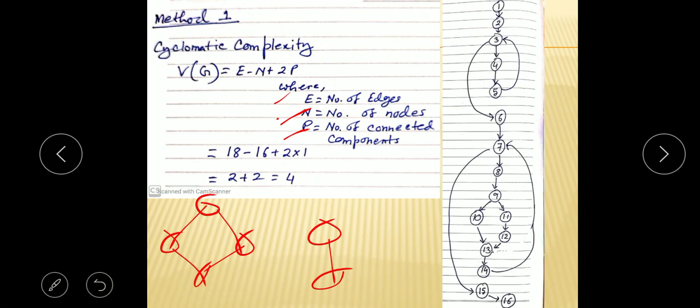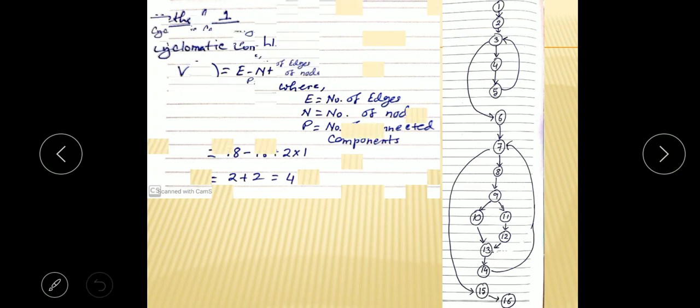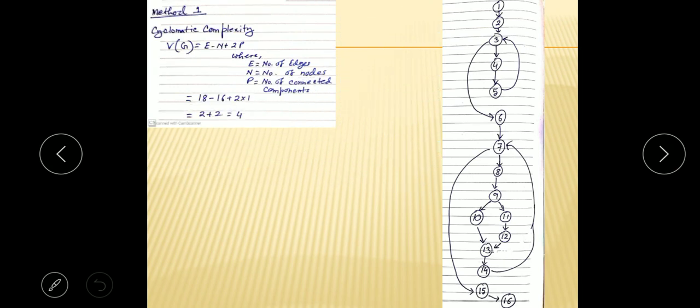So it is 18 minus 16, that is E minus N, plus 2 into P, the value of P is 1. So it is equal to 2 plus 2, that is 4, right? Sorry. So by method 1 we are getting the cyclomatic complexity Vg equals 4. Now what next? The next method